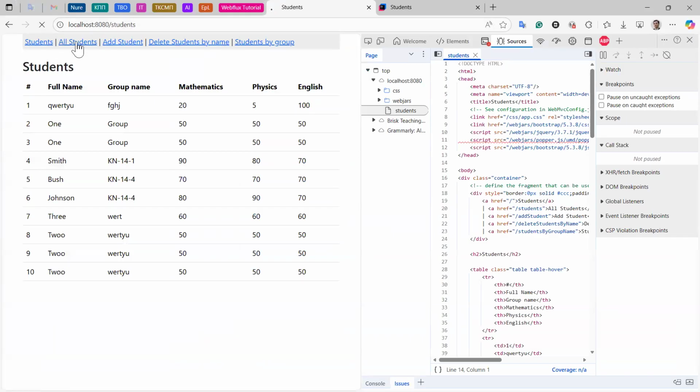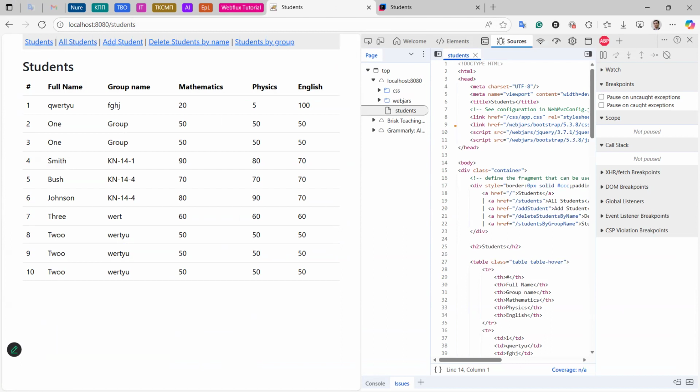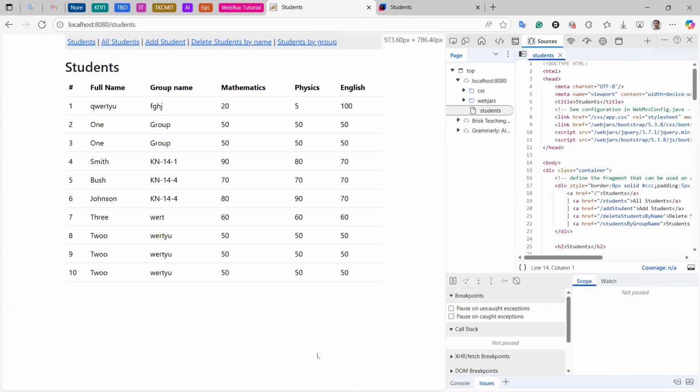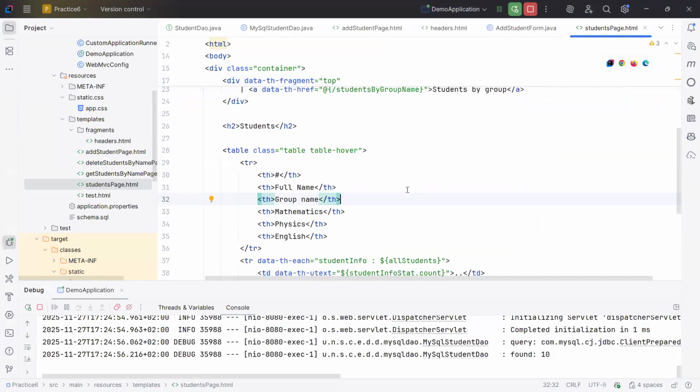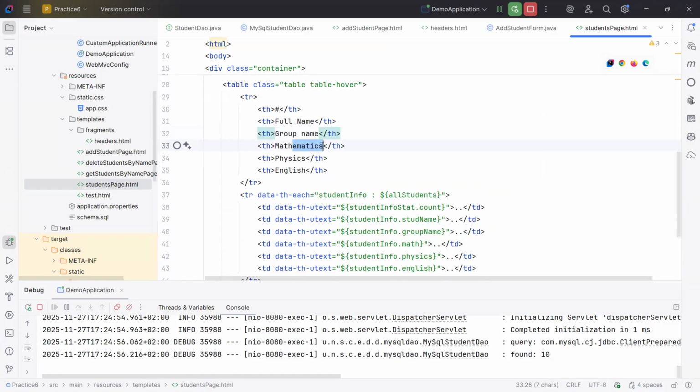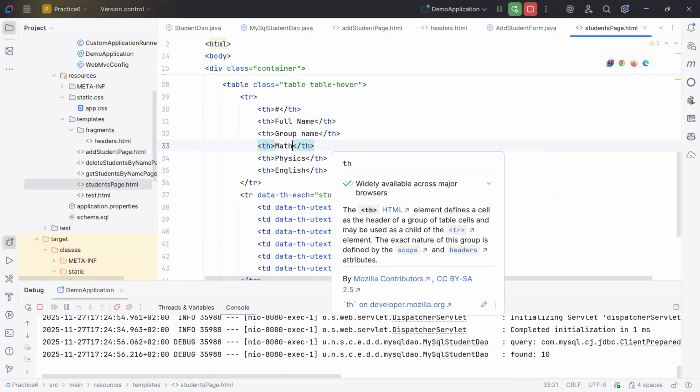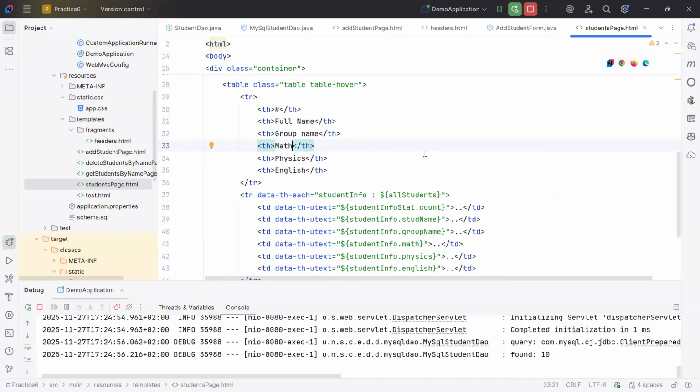Reload. Oh, removed. Yeah. Is it okay? And for example, mathematics. Okay, I want to have math here, removed, and then I press Ctrl Shift A,